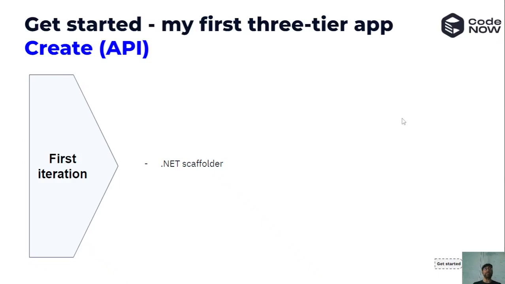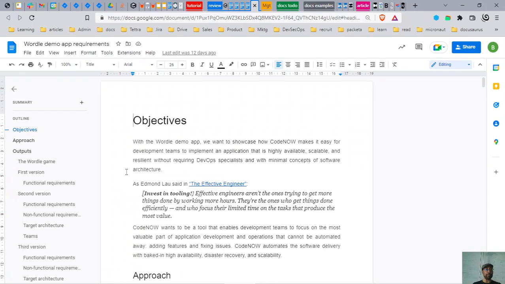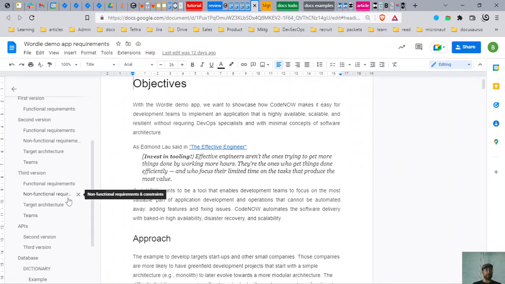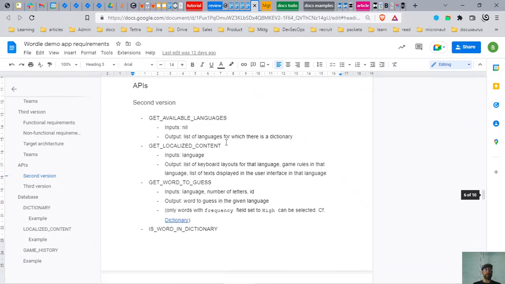When the application starts, we are going to start with a default language, and then the user can select which language he wants to play the game in. And when the user does this, we want to load all the words for that language, and we're doing that by calling an API. The requirement for this is going to be